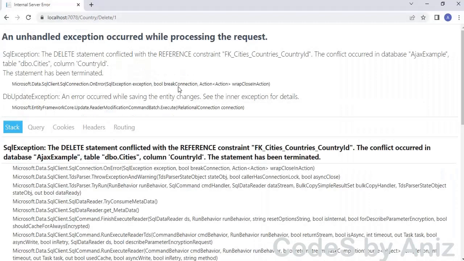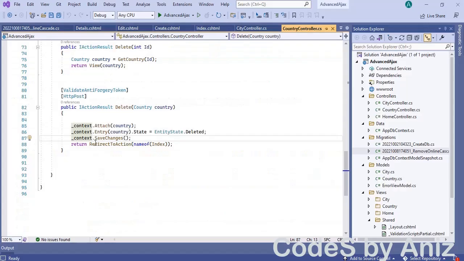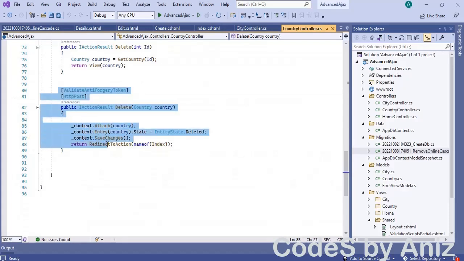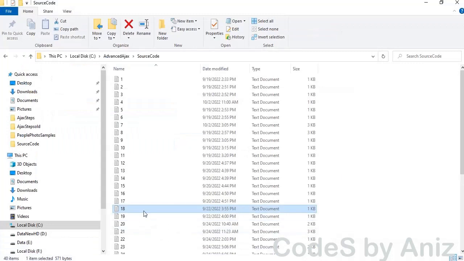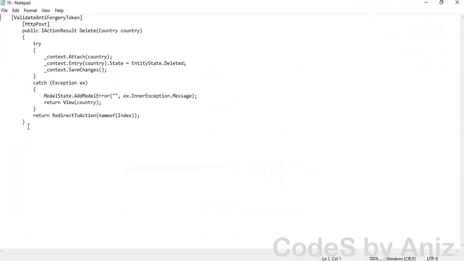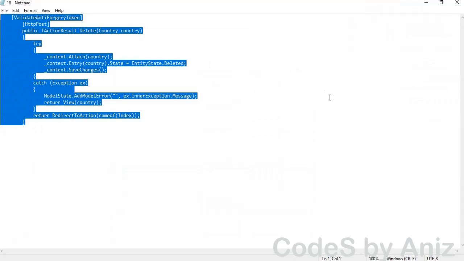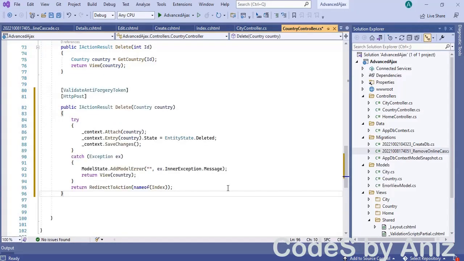See, this time we are getting errors. This is the correct behavior. But we should not leave it like this. We should handle this error. So let's add a try block to handle this error. After that, in the exception handling block, catch the inner exception and pass it to the model error. To do this, open the 18.txt file from the source code folder and replace the Delete method with the 18.txt